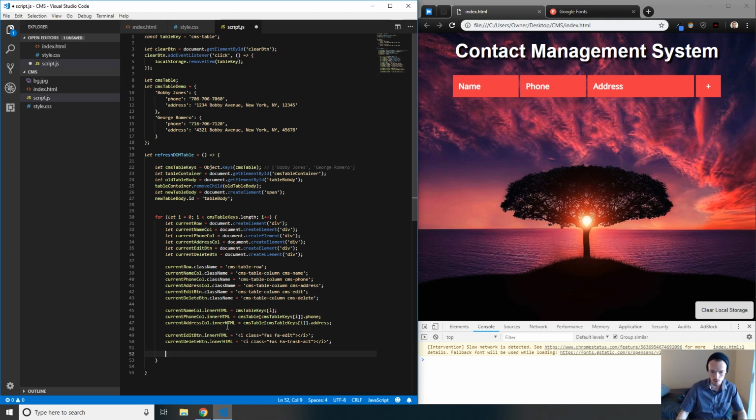Let's go ahead and start putting the stuff into the document. So we've created the elements, but we haven't yet put them into the document object model. So even though we've created the elements, it's not going to show up in our browser yet. So let's say current row dot append child the current name column, and then we're going to do this a couple of times, once for each of them. So just current name column, current phone column, current address column, current delete, current edit button,